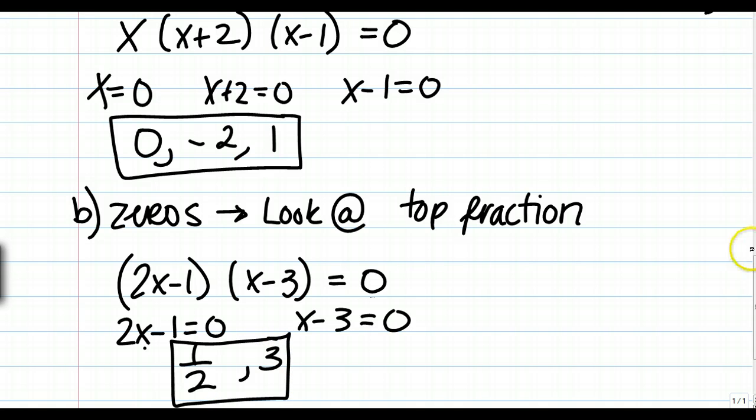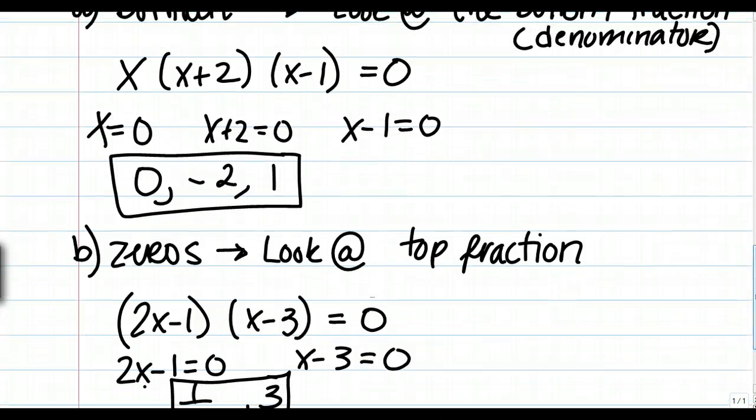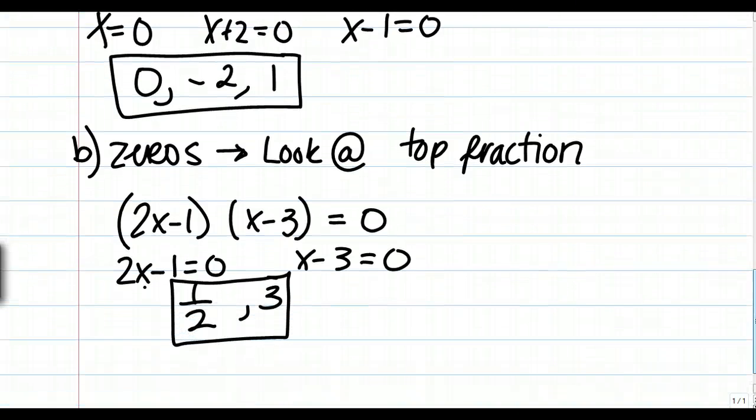I memorized whether it's the top or the bottom of the fraction this way: domain and denominator both start with D. Since it's the domain, you're finding the denominator and setting that equal to 0. For your zeros, you're doing the top part of